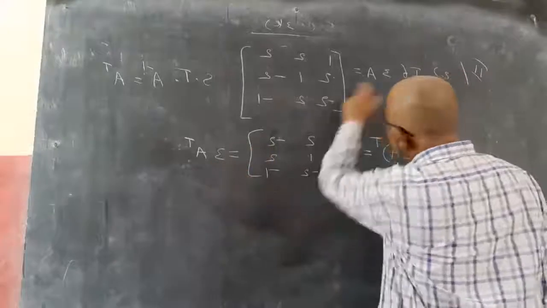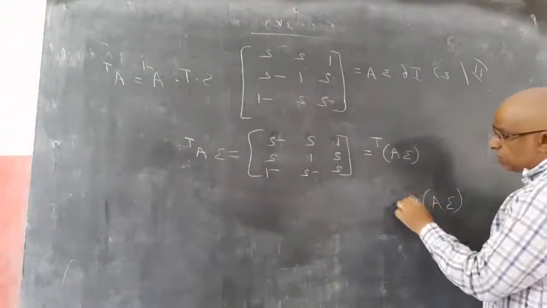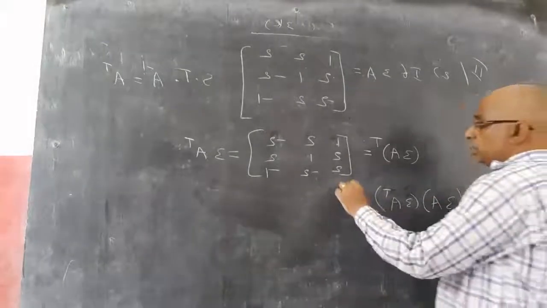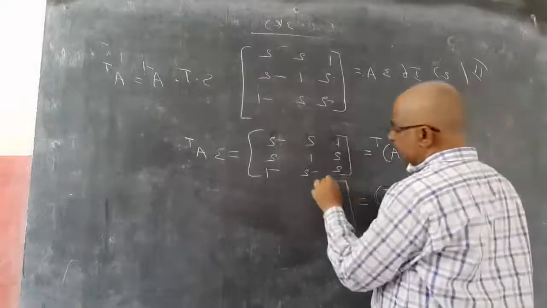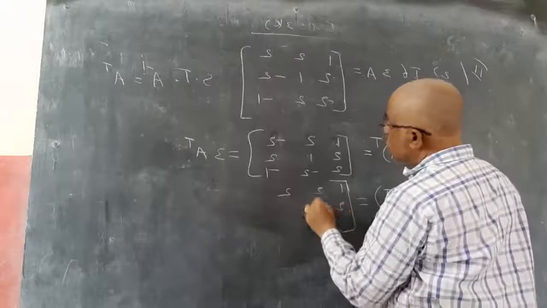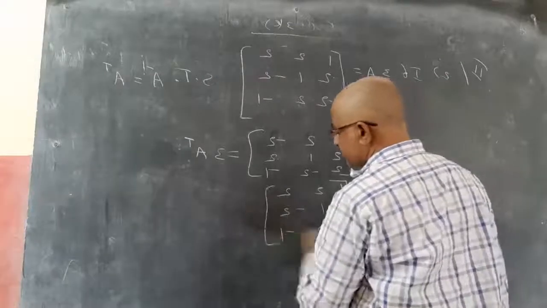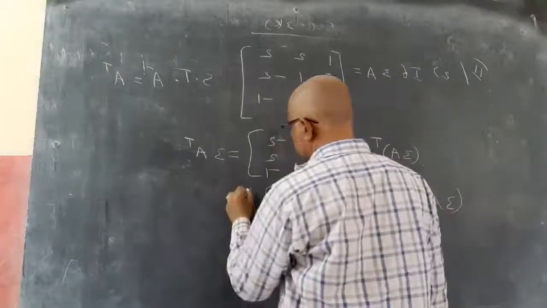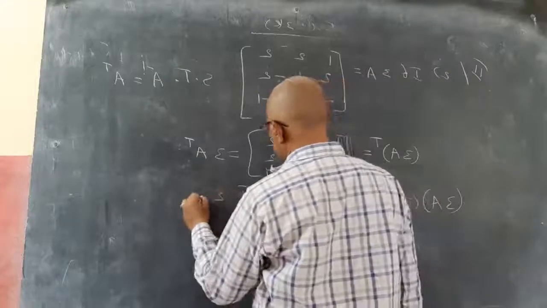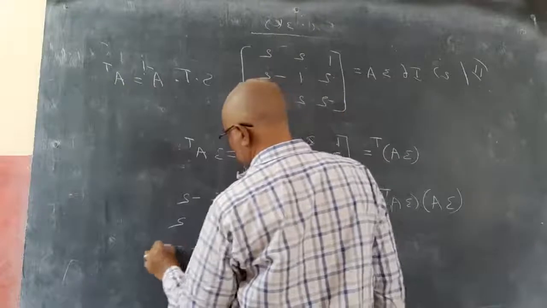Now I will multiply these two. 3A into 3A transpose, what happens? So what is 3A? This is 3A: 1, 2, 2; 2, 1, minus 2; minus 2, 2, minus 1. Into 3A transpose: 1, 2, minus 2; 2, 1, 2; 2, minus 2, minus 1.